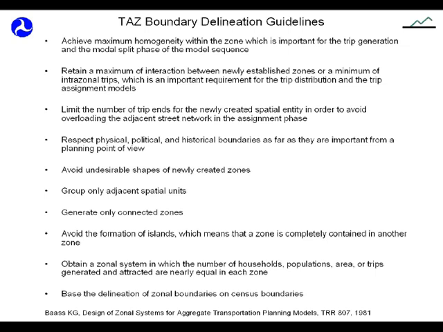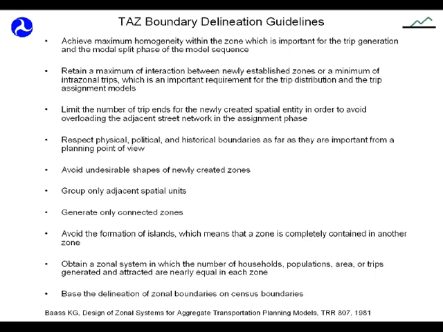In a 1981 article published in volume 807 of the Transportation Research Record, Karsten Bass provides 10 guidelines to support the delineation of TAZs. These are: achieve maximum homogeneity within the zone, return a maximum of interaction between newly established zones or a minimum of intrazonal trips, limit the number of trip-ins for the newly created spatial entity in order